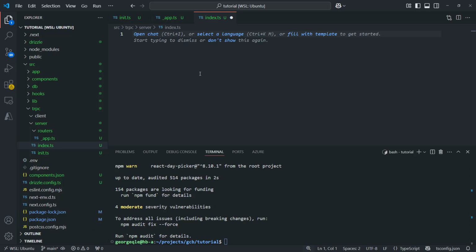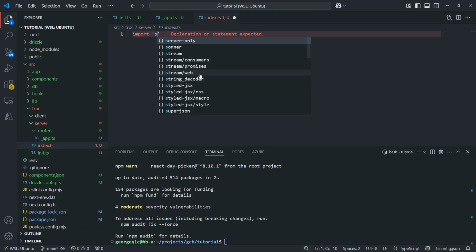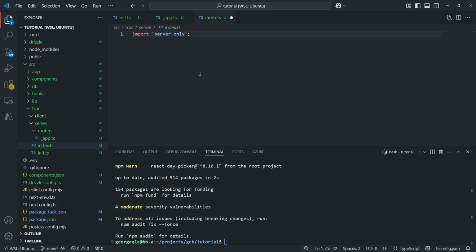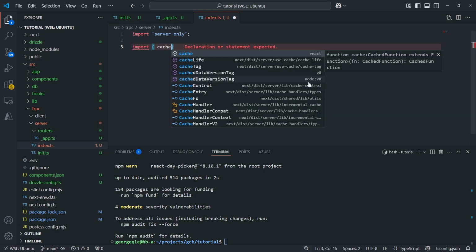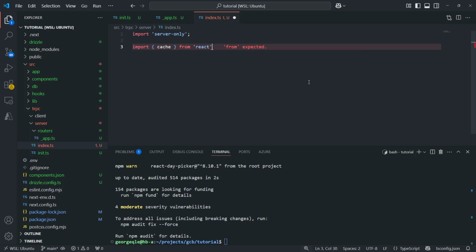The first import for index.ts here will be importing server-only. The reason that we're importing this is to ensure that this file cannot be imported by anything on the client. So if there's any use client on the top declaring something to be a client component, then it's going to have an error if it's importing something from this file. Next, we're going to need to import cache from React. Then we're going to import our appRouter from